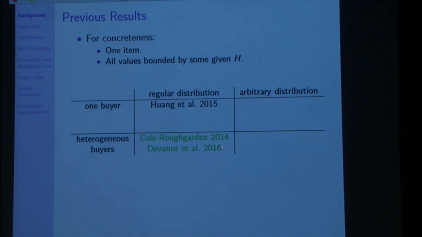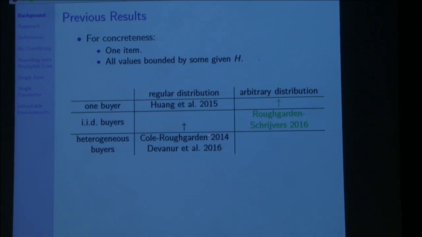Nikhil Devanur et al. tightened these bounds. They actually later generalized even further. We'll get to that, but I'm describing the situation as it was at the time that we published our paper. So for arbitrary distributions, that is not necessarily regular, there is, from last year, Roughgarden and Schrijvers. They did arbitrary distributions, but IID buyers. Their analysis really crucially depends on the fact that you may have many buyers, but they all have the same underlying distribution. The reason that this is important, we'll get to that later, is that